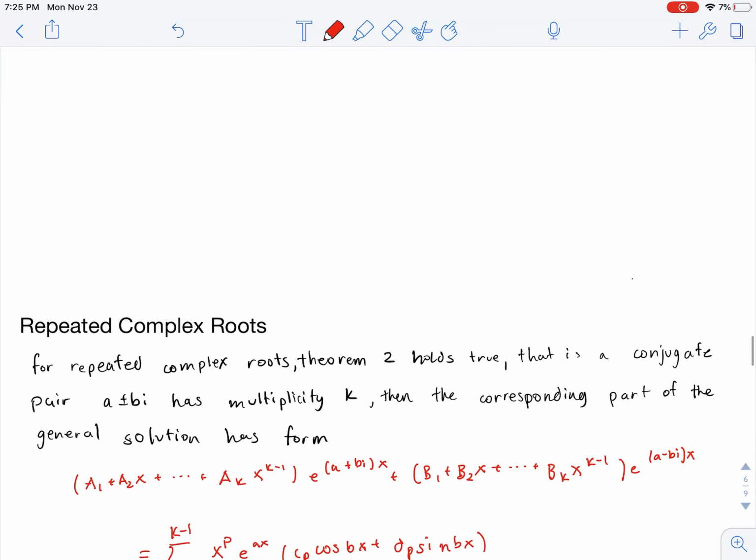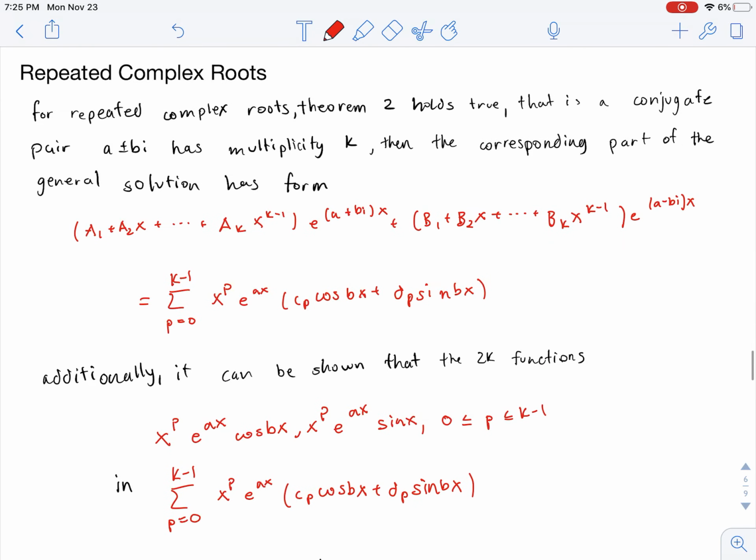Next, we'll be moving into the repeated complex roots. So, for repeated complex roots, theorem 2 holds true. That is, if a conjugate pair, a plus or minus bi, has multiplicity k, then the corresponding part of the general solution has the form a sub 1 plus a sub 2 x, continuing until a sub k times x to the k minus 1, times e to the a plus bi times x, plus b sub 1 plus b sub 2 times x, continuing until b sub k times x to the k minus 1, times e to the a minus bi times x,